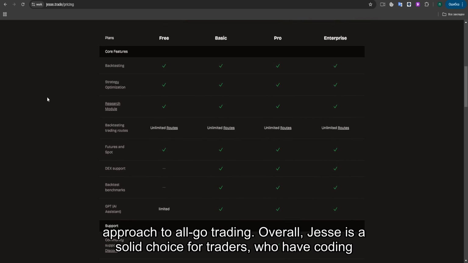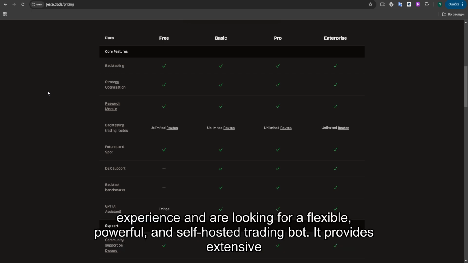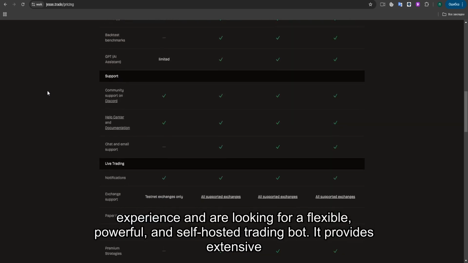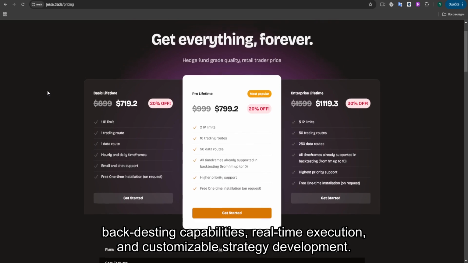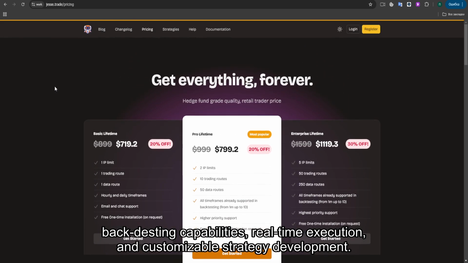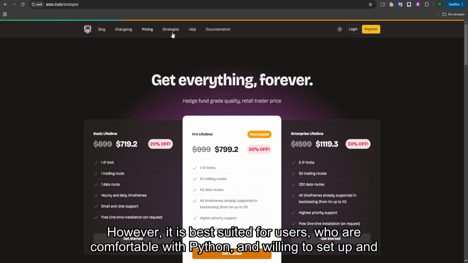Overall, Jesse is a solid choice for traders who have coding experience and are looking for a flexible, powerful, and self-hosted trading bot. It provides extensive backtesting capabilities, real-time execution, and customizable strategy development. However, it is best suited for users who are comfortable with Python and willing to set up and manage their